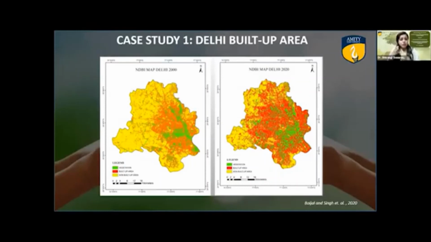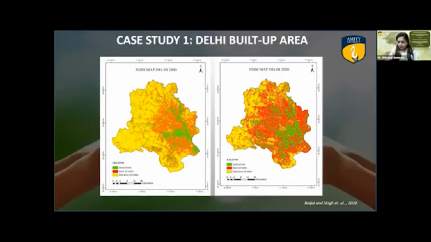Therefore, this case study aimed to analyze the change during 2000 to 2020, as well as the growth and the pattern of built-up surface in relation to population growth and migration of the people in Delhi. This study was done to examine the spatio-temporal pattern of LULC change in Delhi using historical geospatial data. This is one of the major advantages of remote sensing, that you can extract the historical data at any point of time, ever since the Earth observation satellites have been in space.